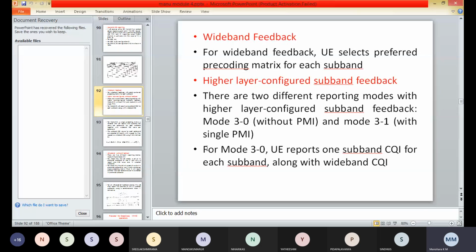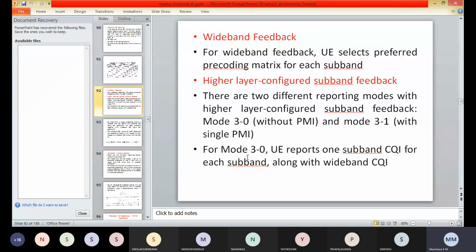For mode 3-0, the user equipment will report one subband CQI for each subband, along with the wideband CQI.